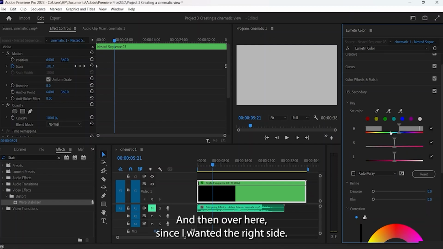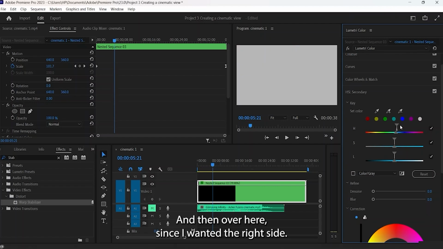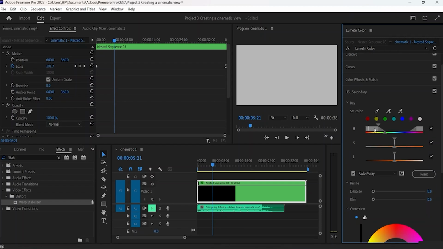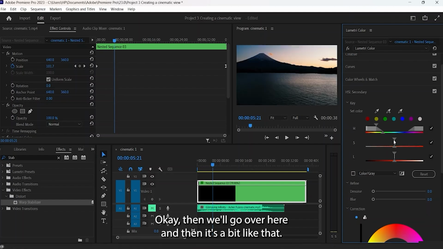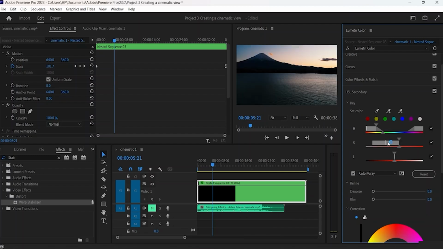Go like that, and then over here, since I want it to the right side, okay, let's do that. And then I want this to be a bit more back, just like that. Okay, then we'll go over here and then we will increase it a bit like that, make it a bit to the left, do it just like that,